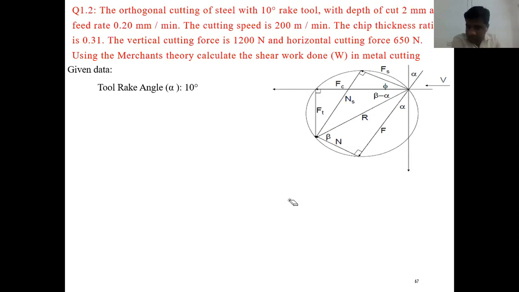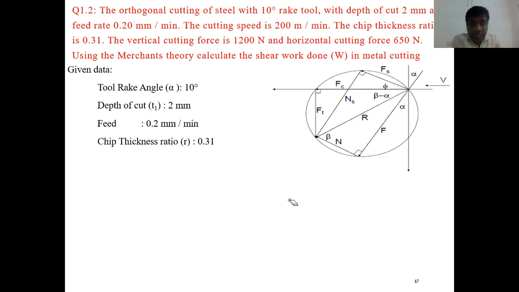Depth of cut 2 mm is given. So what is the depth of cut? Depth of cut 2 mm. Depth of cut is nothing but the uncut chip thickness. We have seen in the previous class, in the previous problem also, that if something is given as depth of cut, it is nothing but the uncut chip thickness. So uncut chip thickness we consider as T1. So T1 is 2 mm. What other things are there? Also the feed is given. Feed is given as 0.2 mm per minute, because the velocity term is also given. And similarly, what other parameters are given?